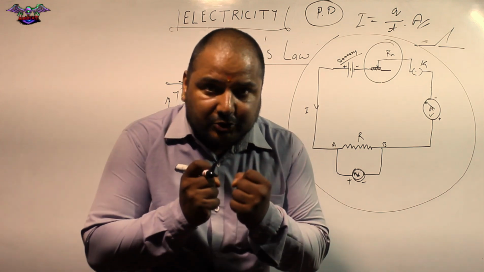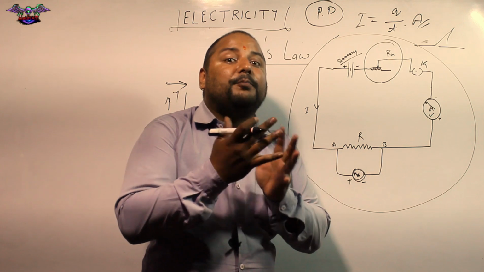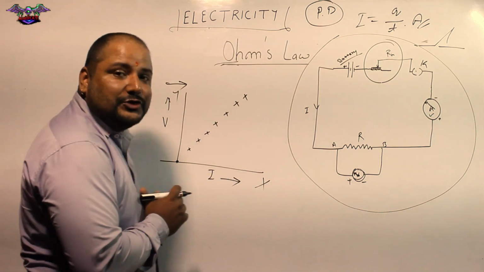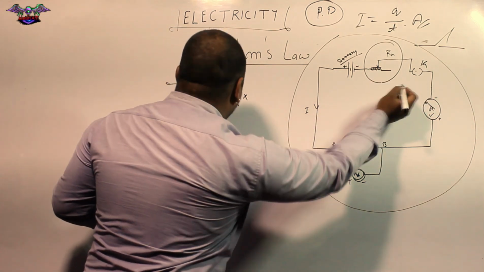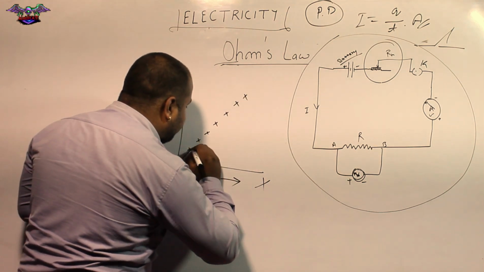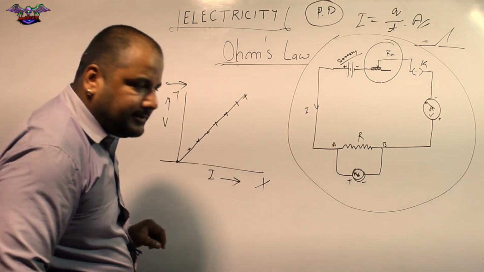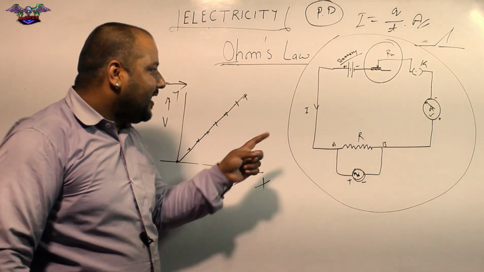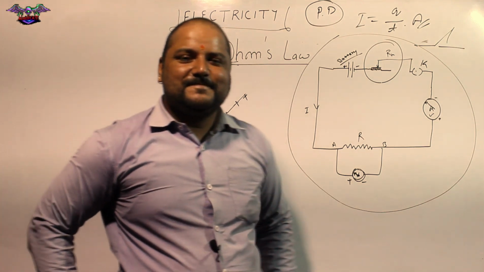If I give resistance to the current, then the current will decrease, and proportionally he found that the voltage is also changing. As he increased the current, the voltage also increased. So he plotted the graph between the voltage and current. He found that